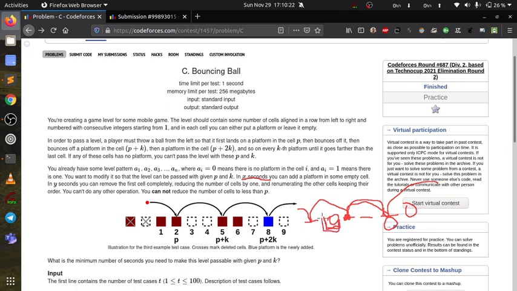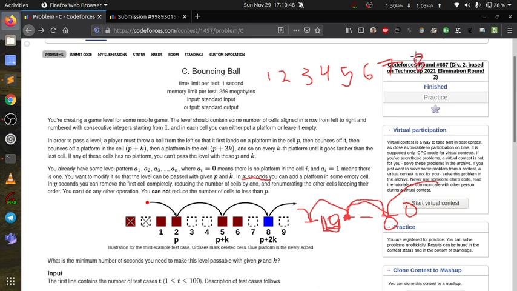If you remove this one, let me make it clearer. Suppose this is the numbering that I have. This question is basically a dynamic programming problem, so it will be better understood if you keep in mind what you did last.